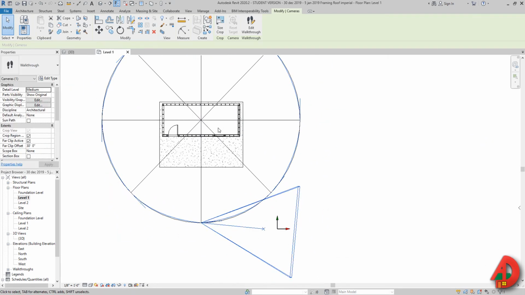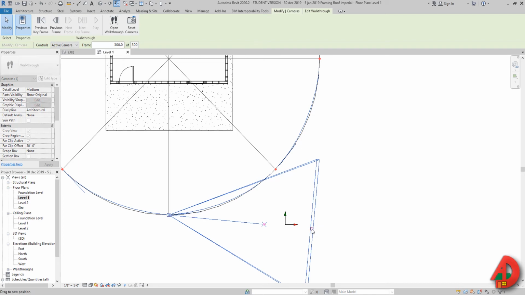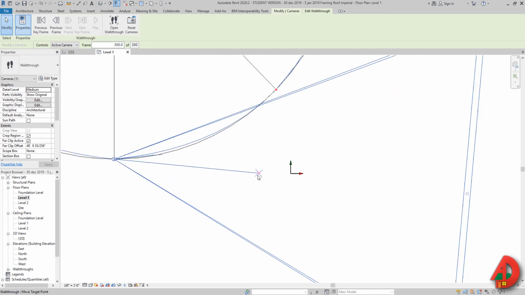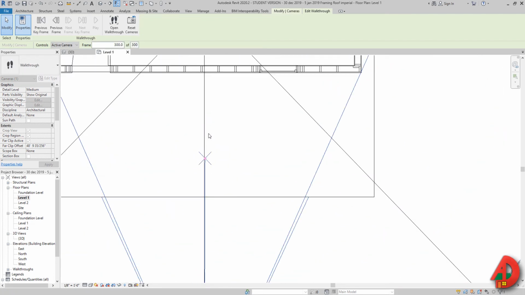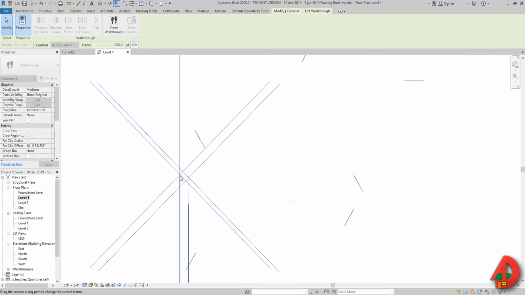It's just that we're not facing the building. As you can see, this triangle and this line shows us that we're facing that direction, and for that I can go on edit walkthrough, and now once I press edit walkthrough I can increase the range visibility, and then I can drag this pink circle and make the camera, let's say, face the building. And like I said, the first frame, this is actually the last frame, try to match it with this line.